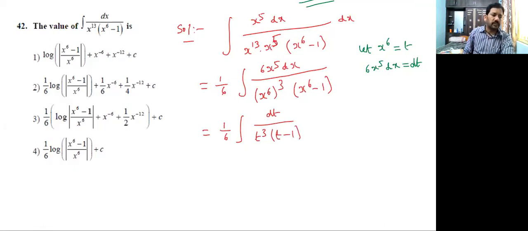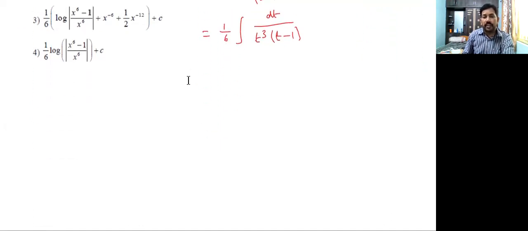This is how to split into partial fractions. That is the important part here. So here, how many terms are there? See, logarithm a by b is log a minus log b. Totally 4 terms are there. Now I am going to do that partial fraction. The general method is not possible here.